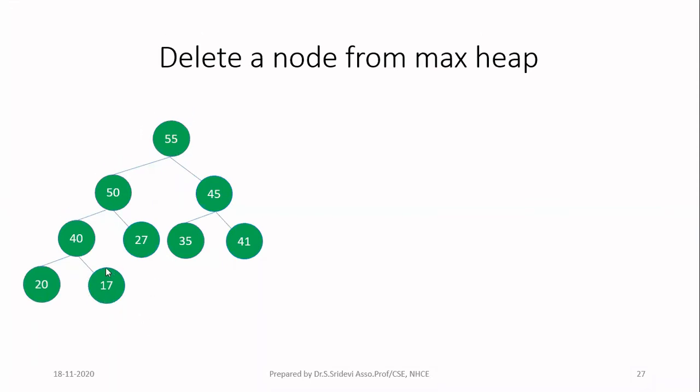So now I'm going to take 17. I have to place it in the place of 55. I'm going to delete 55, right? So after that step is over, my 17 will come here. Now I have removed 55 because that is the root node. I have deleted it. So this is the process we have to do. So our job is over, but you can't leave the tree as such because our tree should be a max heap. Now, if you look at the tree, 17 is the root node, but it is less than its children. 50 and 45 are greater than 17. So you can't leave the tree as such because it is violating the property of the max heap.